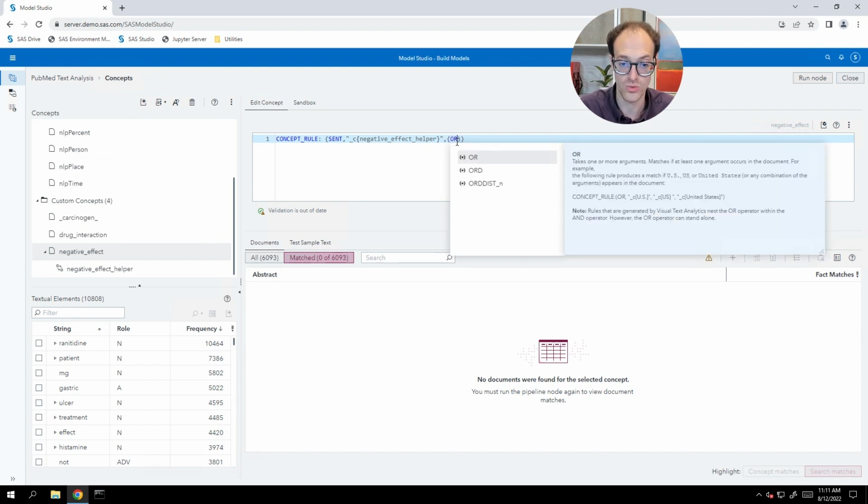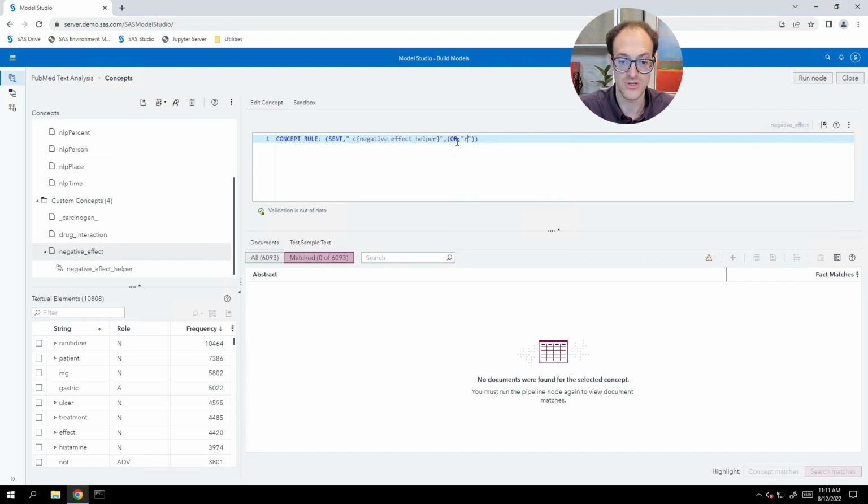So we're doing an OR rule, and it's ranitidine. Because we use that text parsing node, it captures all the misspelled versions of ranitidine as well, which is very convenient. Or Zantac, which is just a brand name for the ranitidine drug. Again, neither of these are on the market anymore because of an FDA guidance.